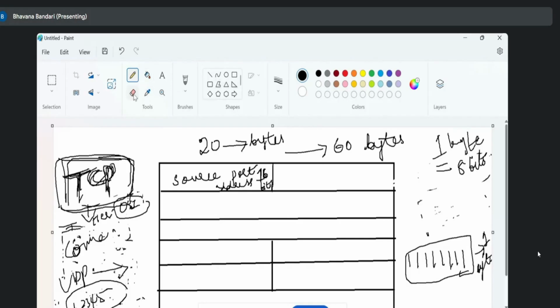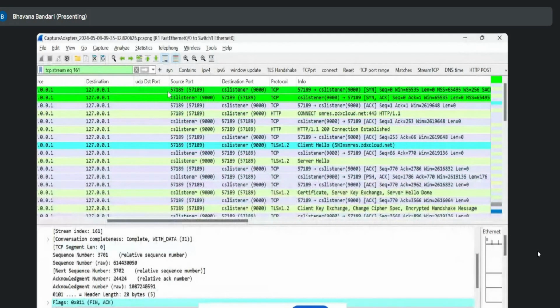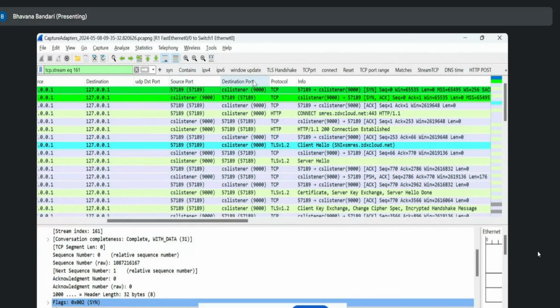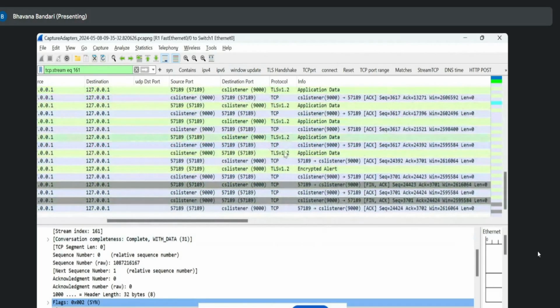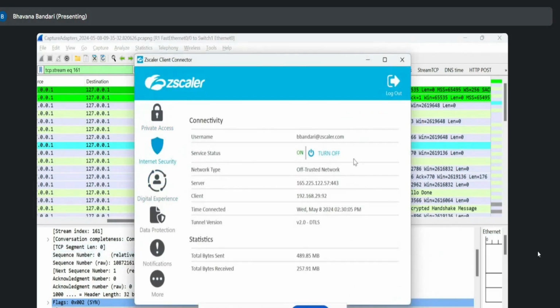The source port will always be a random port. If I'm browsing any website, the source port will be a random port. Here we can see 57189; this is a random port. The destination port will be port 80 or 443. Here we can see 9000. Let me disable my proxy